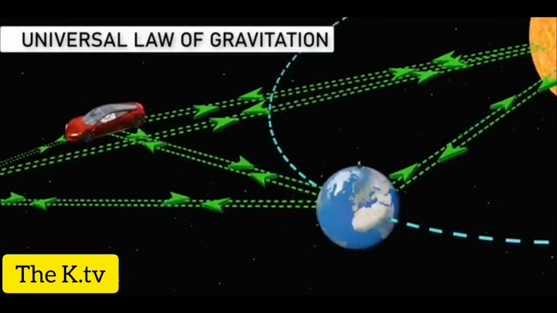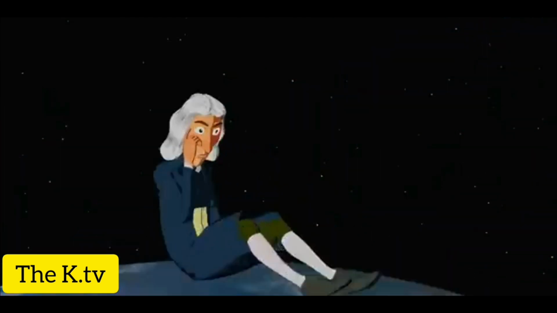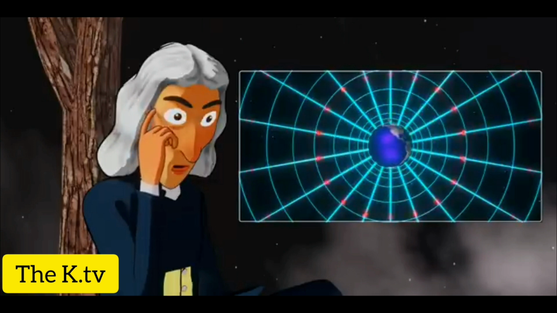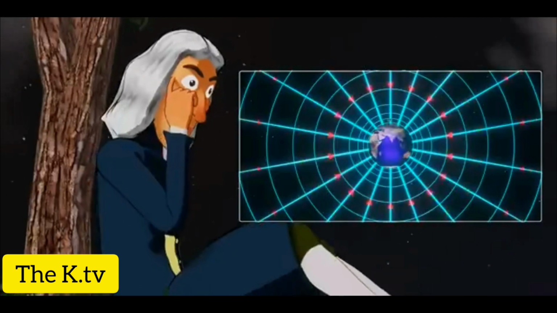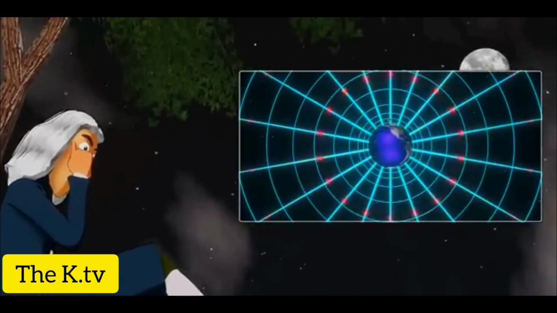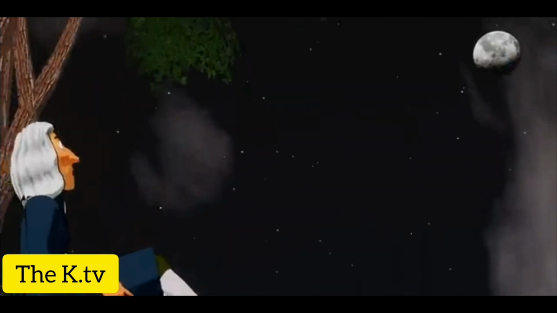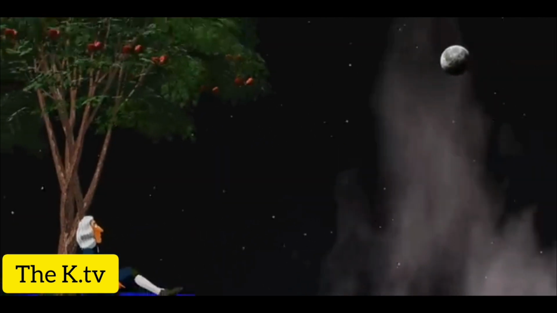Now, the next challenge. Newton wanted to derive an equation to predict the magnitude of the force which arises due to the universal law of gravitation. Newton's intuition told him that the effect of gravitational force would dilute with distance. But to what extent? To get an answer for this question, he looked at the Moon. The Moon is also attracted to the Earth due to the same gravitational force.